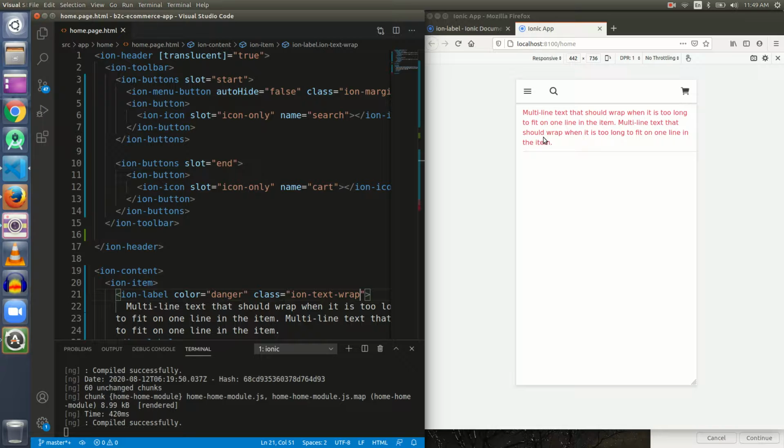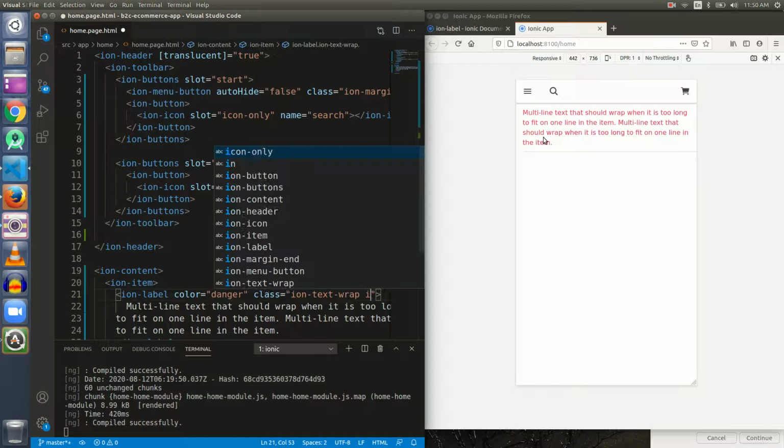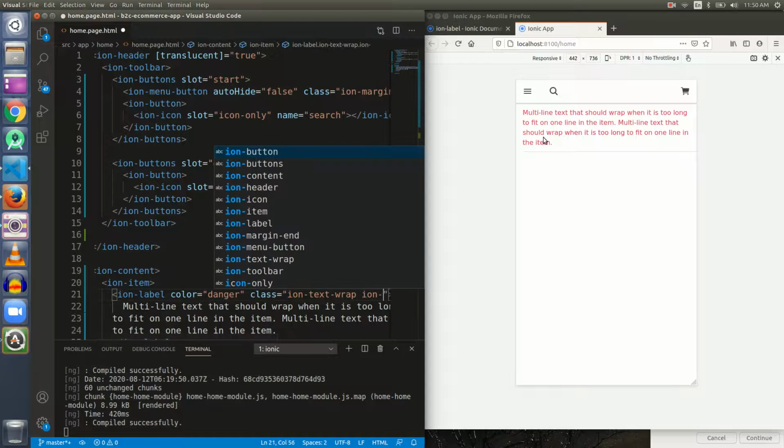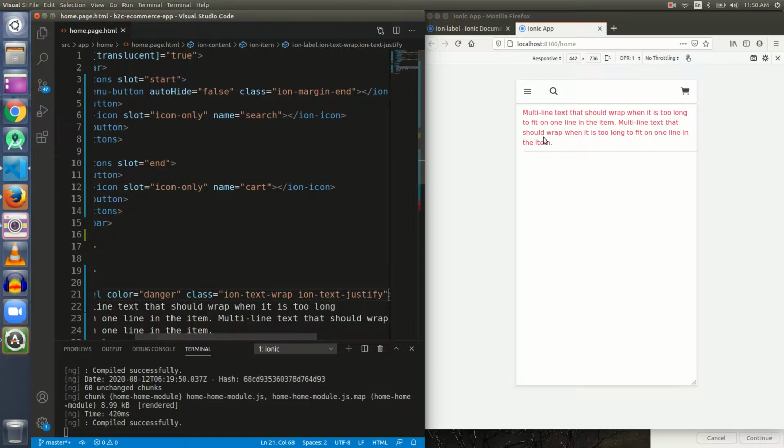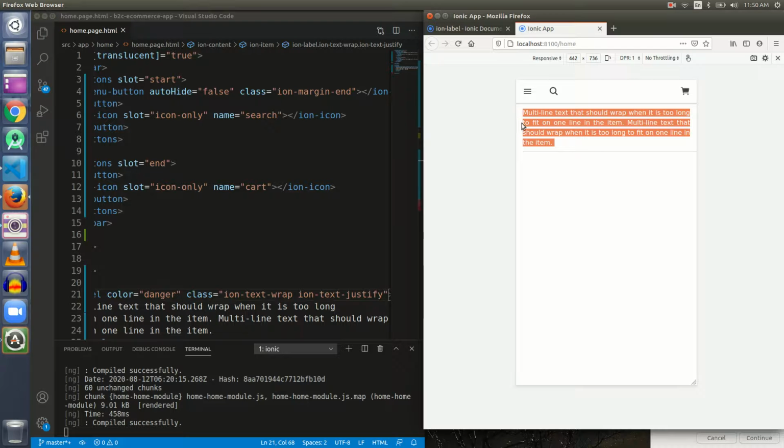Rows is for the grid system, but not here. So the whole text will be wrapped in 4 lines. And one more thing that I always used to do is ion-text-justify. It looks good when things are done systematically. So it is ion-text-wrap and ion-text-justify.